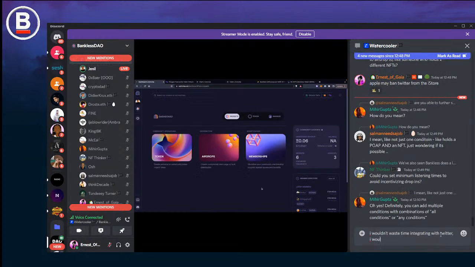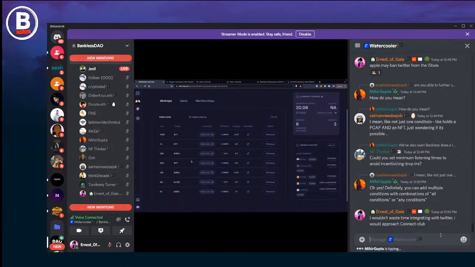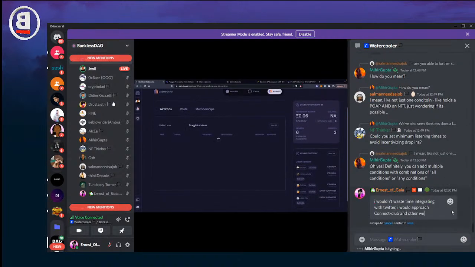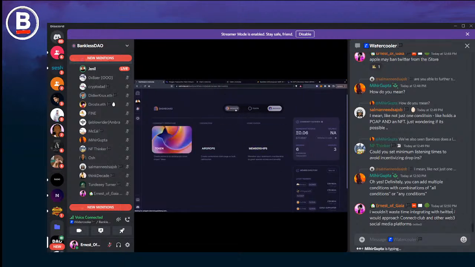So now I will go into NFT memberships. You can obviously manage all of this in your dashboard. So if you go to manage right over here, you can see all your previous claim links for the airdrop, as well as wallet address airdrops that you've created in the past. You can see your vesting schedules, and I guess I can demo NFT memberships now.